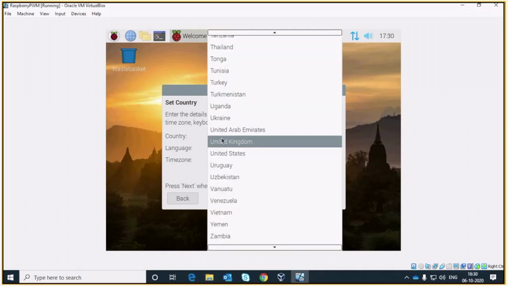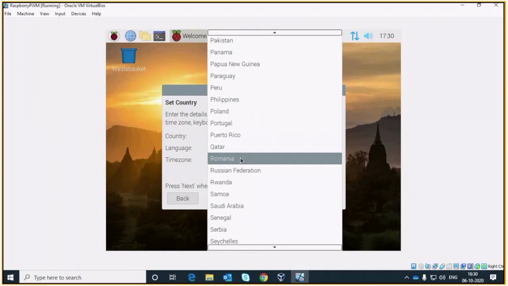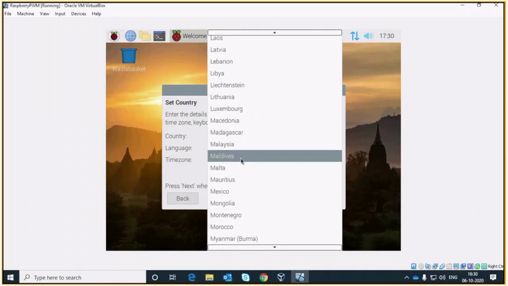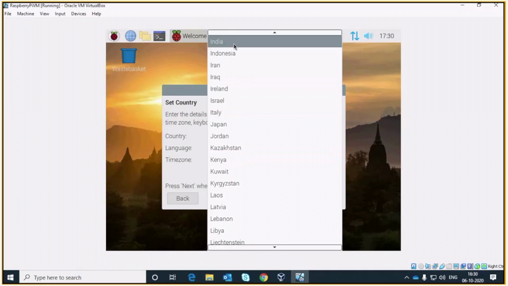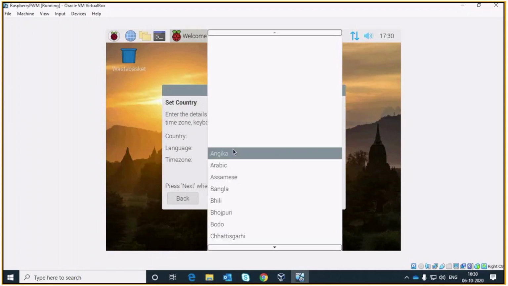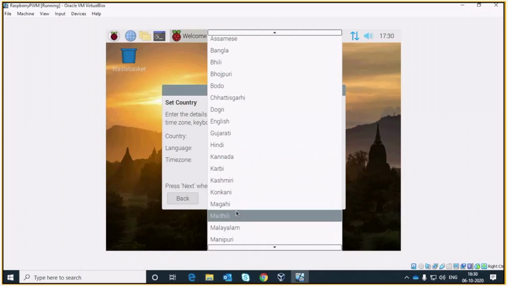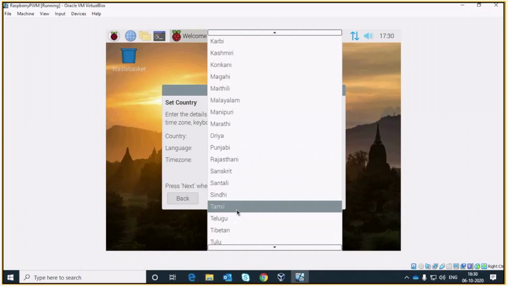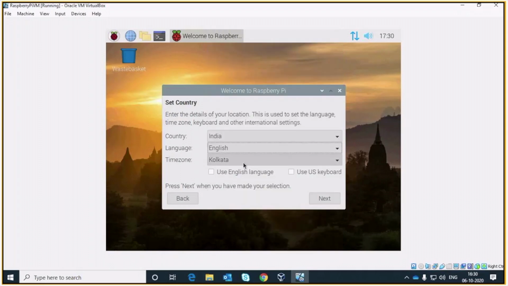So I'll say India. And then language English. Then time zone Kolkata, and then next.